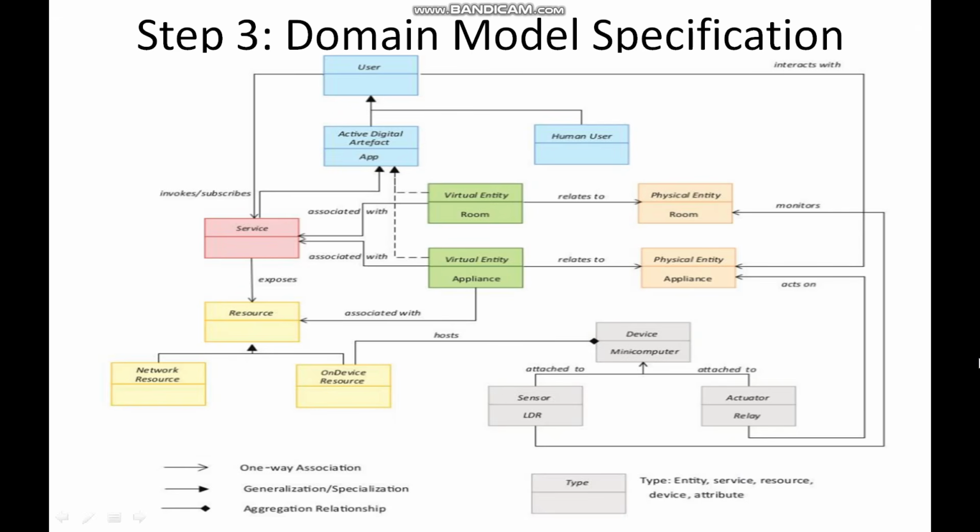And this is the domain model which I told you. So this tells about where you wanted to really do this. Home, so we are taking one room, but if you want to talk to these kinds of physical entities, then you need a virtual mapping for this physical entity. That's why we have this physical entity mapped with a virtual entity. So you'll have two things, room and the appliance in the room. So you have a corresponding virtual entity for that.